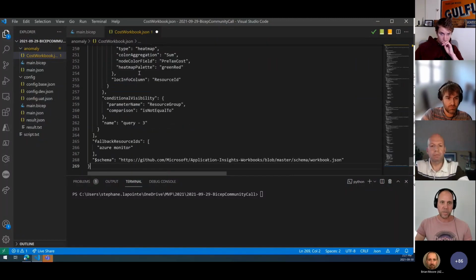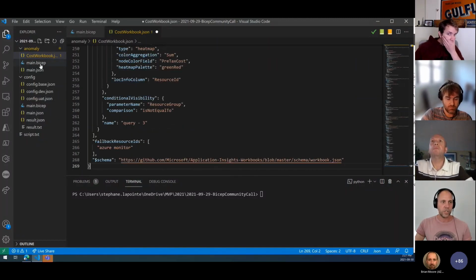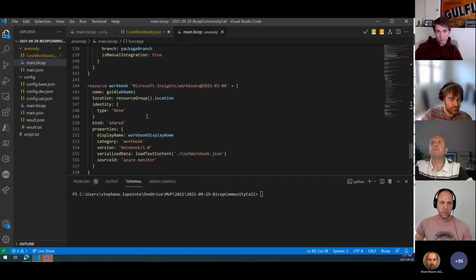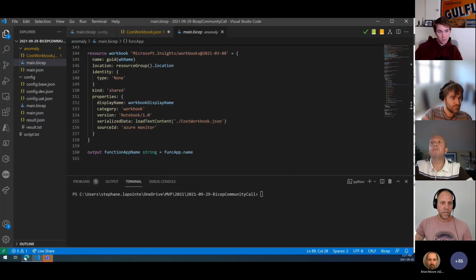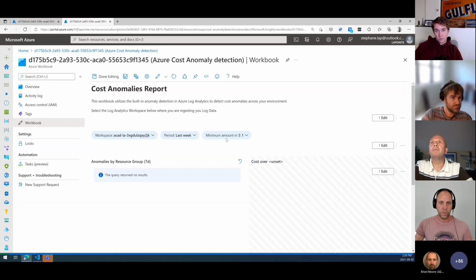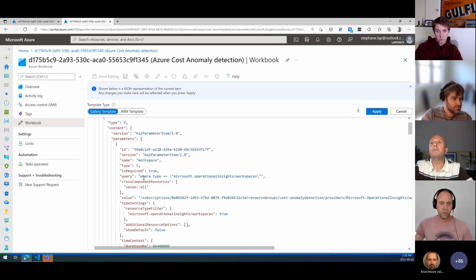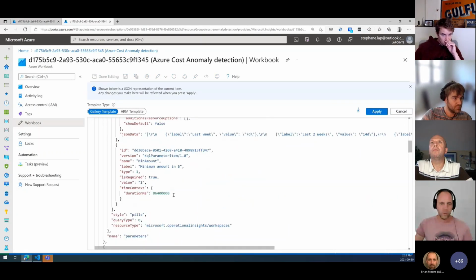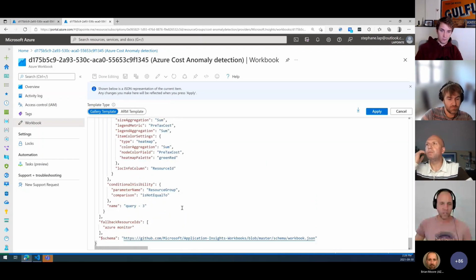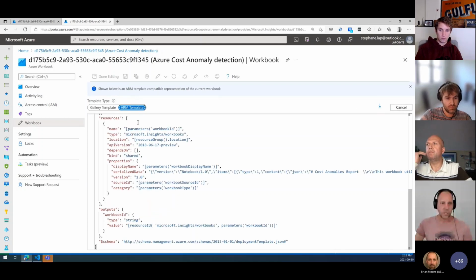I just copy pasted it, the pure JSON, and then in my Bicep file, you saw what I had here. I just need to go back to the code. The big part with the serialized data is in the ARM templates.